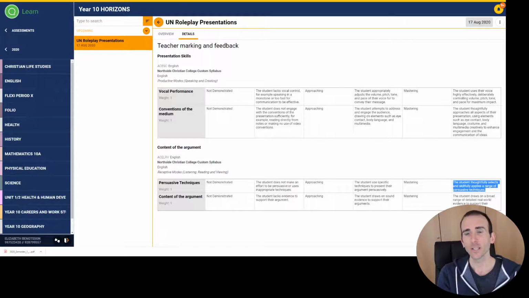Thoughtfully selected. Some techniques work better than others in specific situations. And depending on who your role is, if you're AOSIS compared to the IPCC, compared to Just Cans, will very much change the types of techniques that you should be using. So think about what part of the argument you're presenting, so therefore which building block of an argument you're going to be using, and think about, is it appropriate for your group to be using fear tactics? Is it appropriate for your group to be trying to blame other people? What's the technique that's appropriate, or techniques that are appropriate for who you are as you present to the UN, the role you're taking on as you present to the UN?